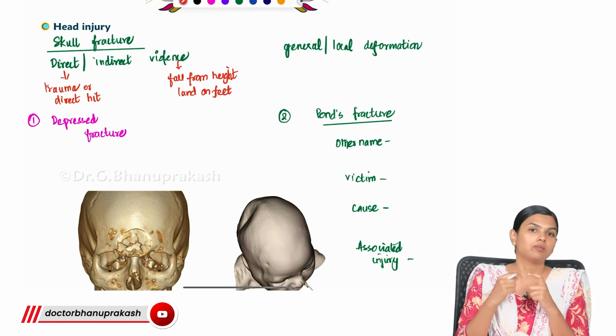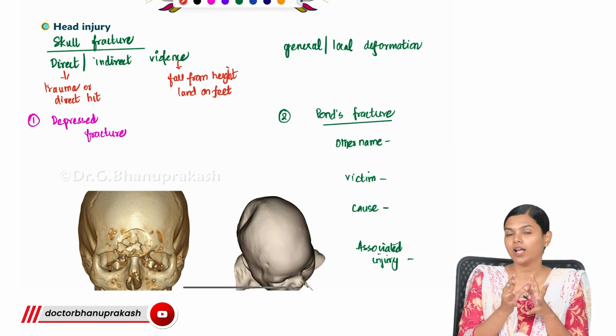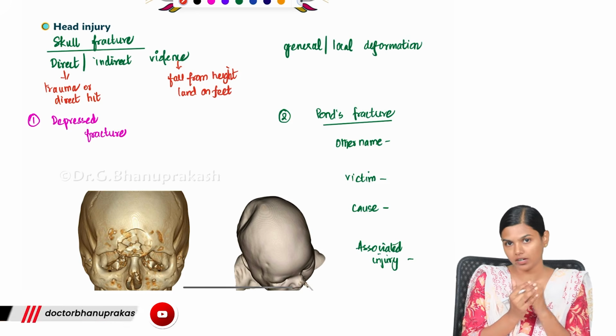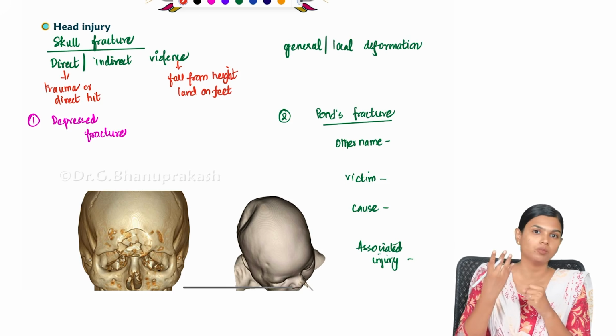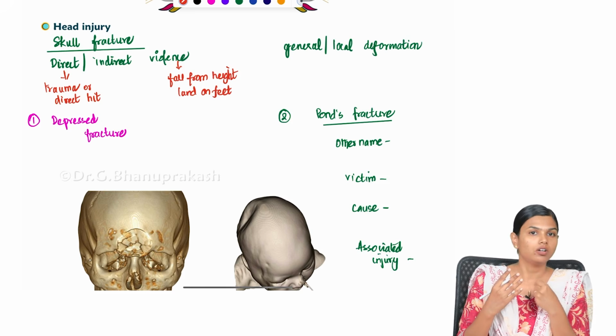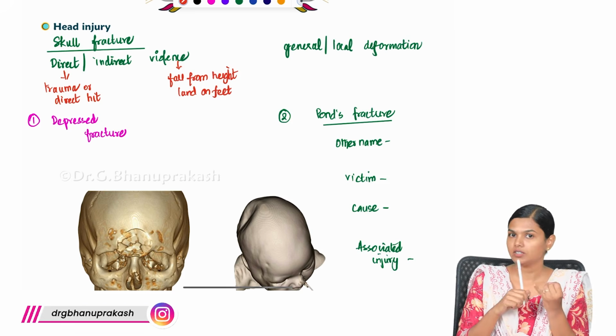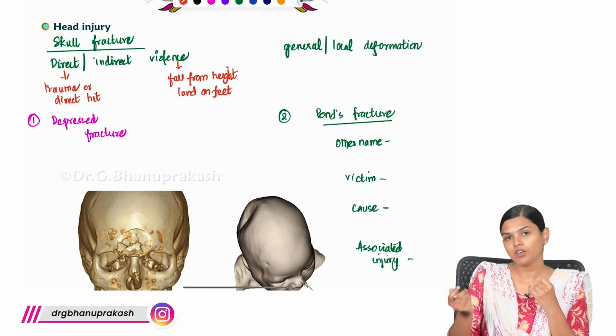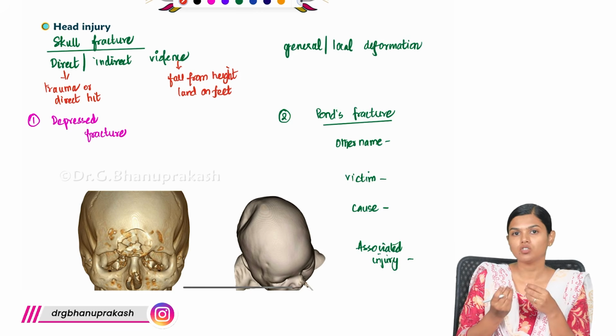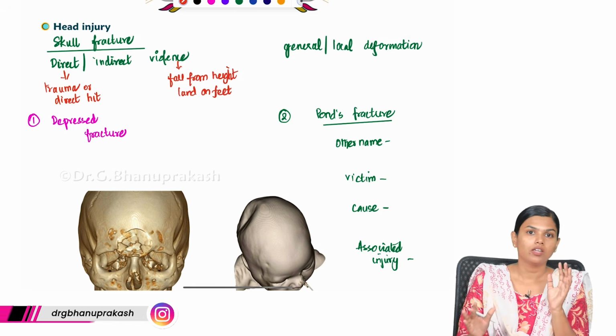There you can see a base of the skull fracture, but that fracture did not happen because of direct violence. It was mostly a transmitted force from the feet. If some weapon directly hits you and you get a skull fracture, it is direct violence. And if the force is transmitted to some other part of the body, like in case of an explosion,